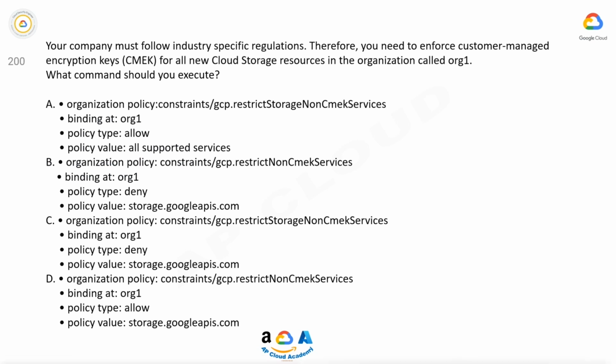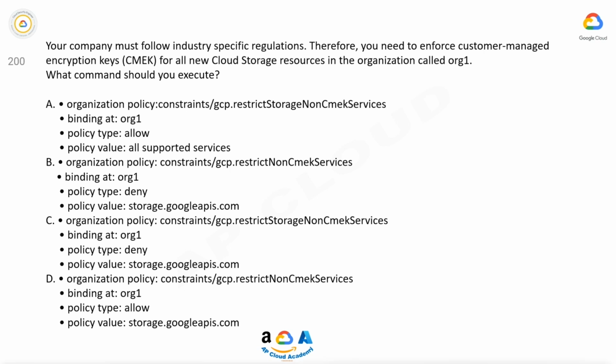Question number 200. Your company must follow industry-specific regulations. Therefore, you need to enforce Customer-Managed Encryption Keys, CMEK, for all new cloud storage resources in the organization called org1. What command should you execute? A. Organization Policy, binding at org1, policy type allow, policy value all supported services. B. Organization Policy, constraints/gcp.restrictNonCmekServices, binding at org1, policy type deny, policy value